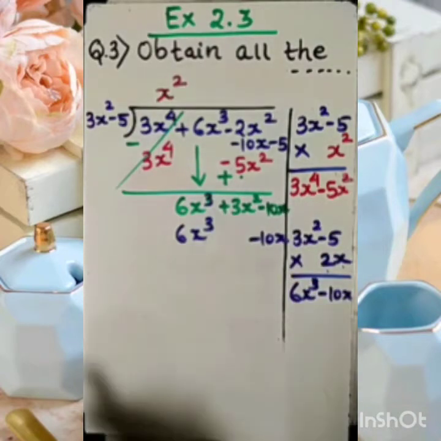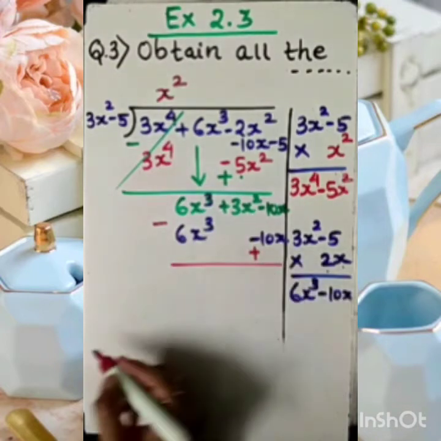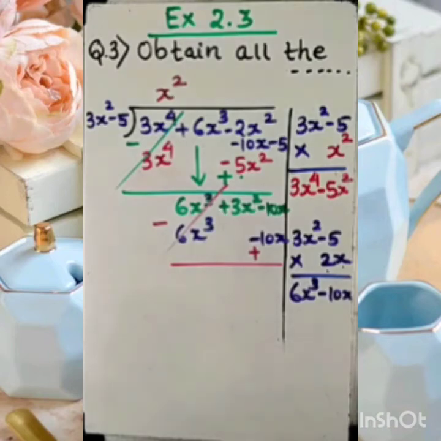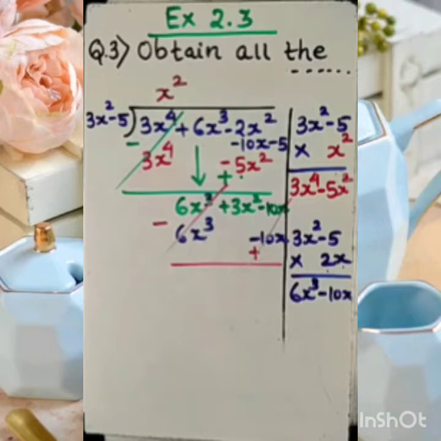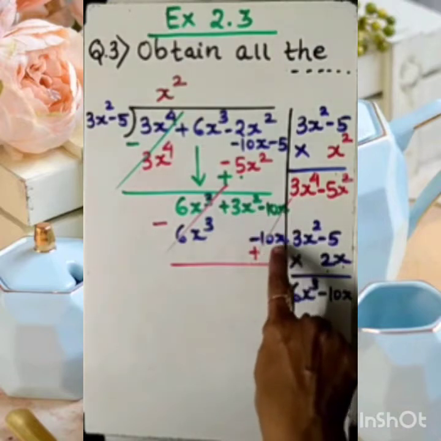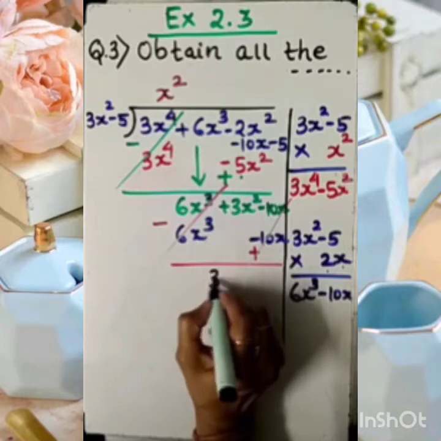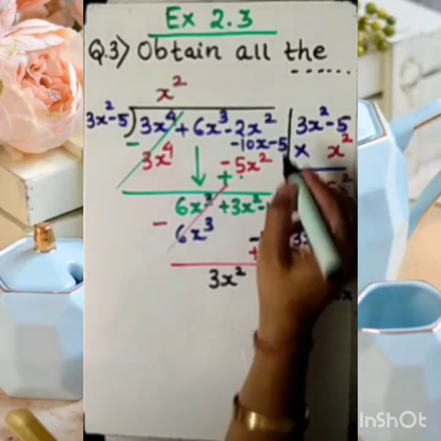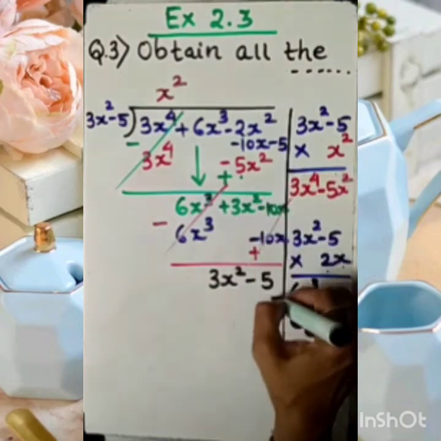Now as usual, you know, we need to change the sign. Here it is minus, so this minus will become plus. So my dear student, this will be cancelled, and along with that minus 10x plus 10x will also be cancelled, because this is minus 10x and this is plus 10x. That will be cancelled. Now what is left with us? Observe, we will have here 3x square, and of course this minus 5. This minus 5 I am bringing down.